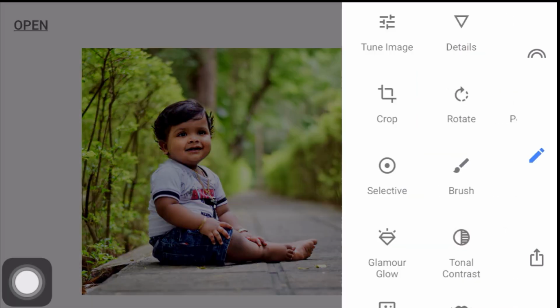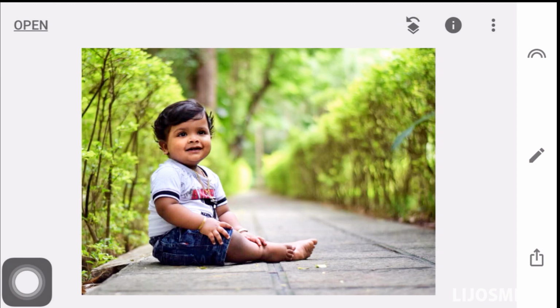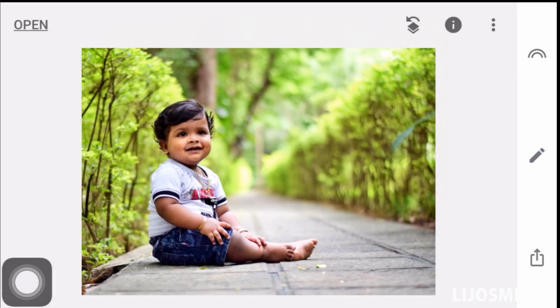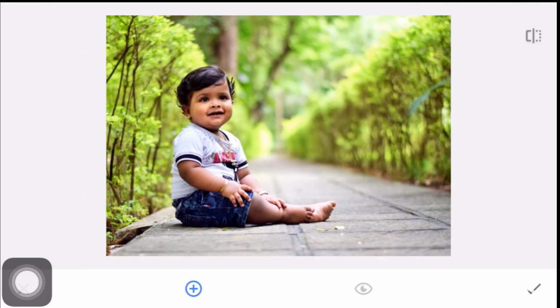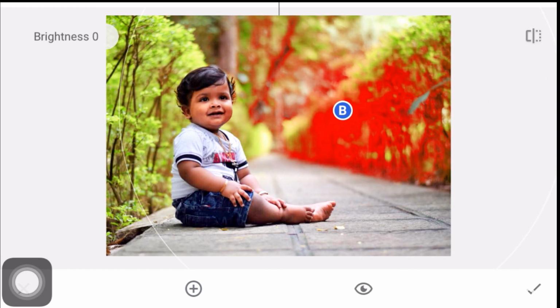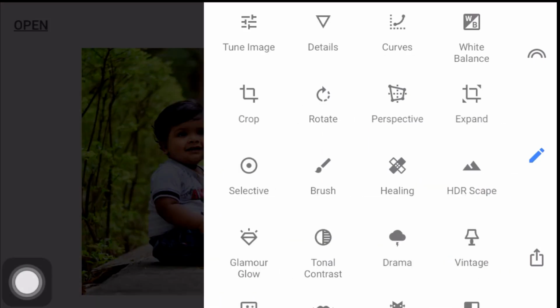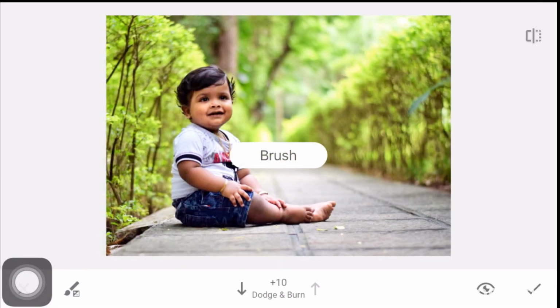So in this picture I am going to change the color of this greenery like autumn season. For that, I again take the selective button and select this greenery. Now just increase the brightness, and after that there is one brush tool.